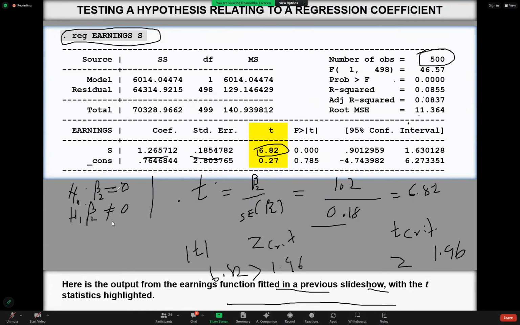Then you reject the null. You reject the null, you accept that beta 2 is not equal to 0. That means there is a relationship between earnings and schooling. This is the way to conduct hypothesis testing. Okay. Then if I further explain this,